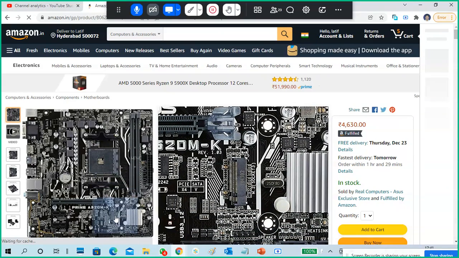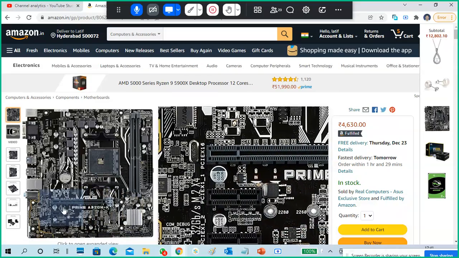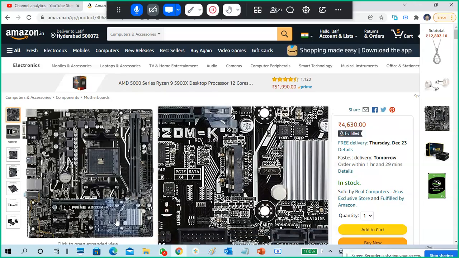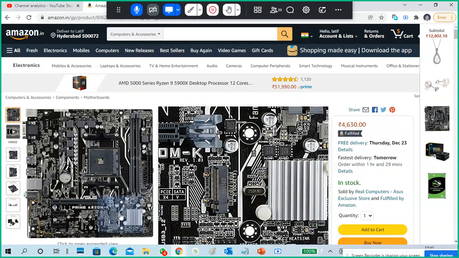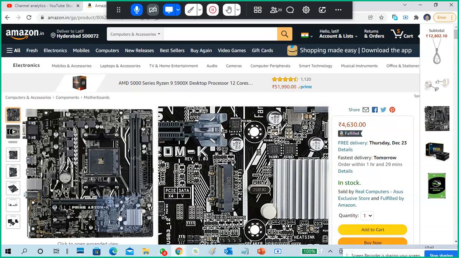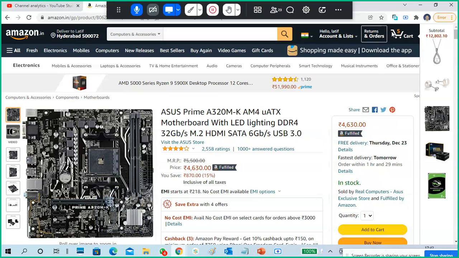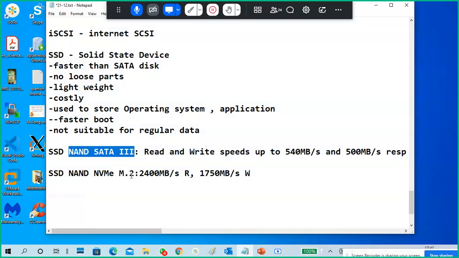If you go to a motherboard, I will show you where this SSD goes. You can see, in very small letters, M.2 socket. This is the AGP slot, the graphic card slot, and there is a PCIe, SATA, and a 302 label. That one is for your M.2 slot. So you can insert that type of SSD directly here, not even a cable. Directly it is connected, so obviously you'll get much faster communication. So these are the SSDs.